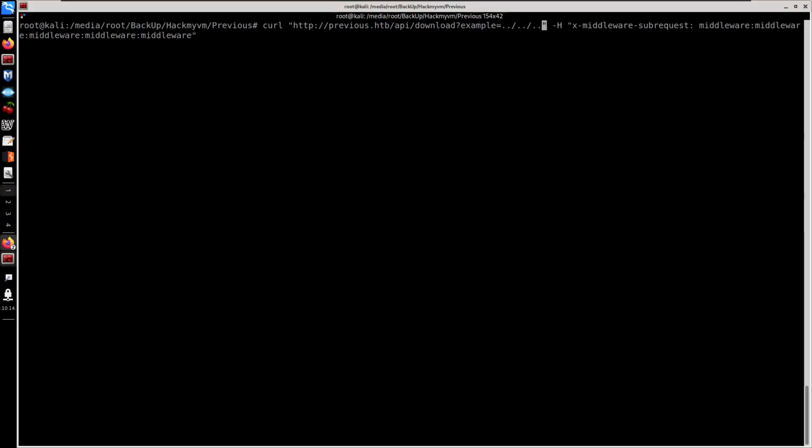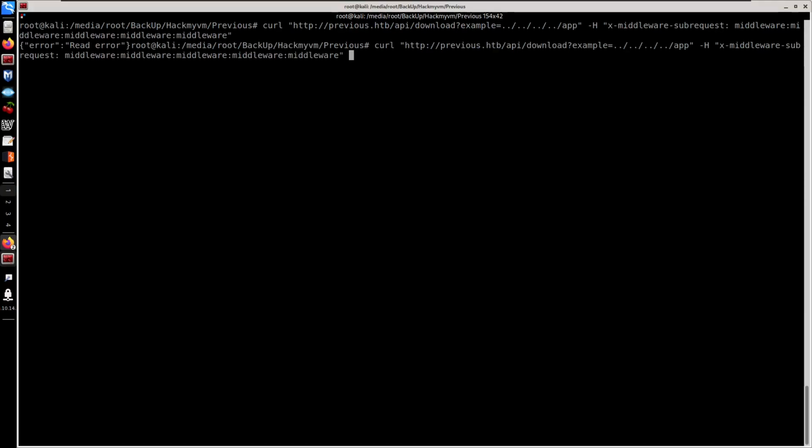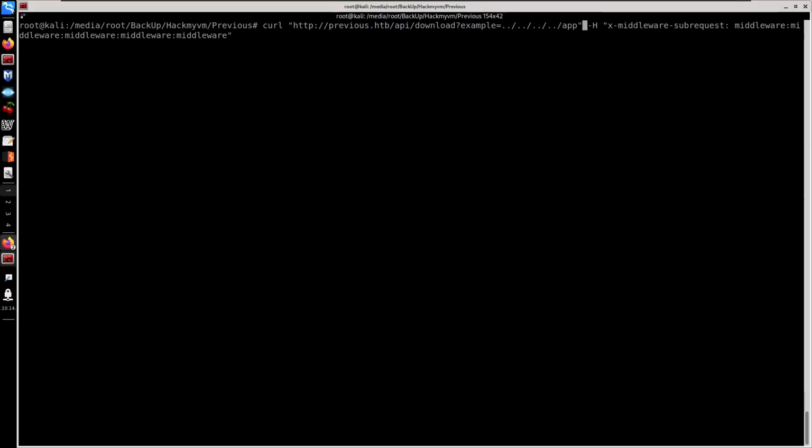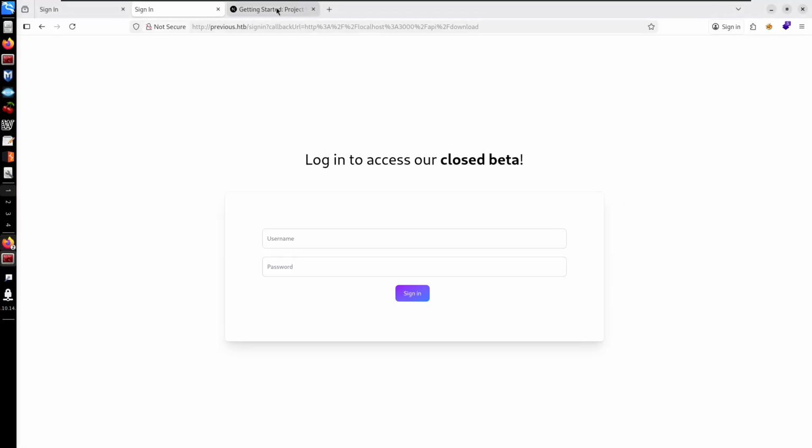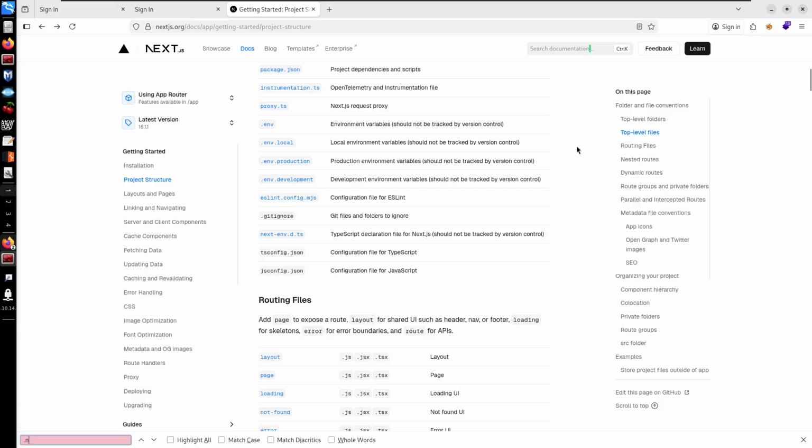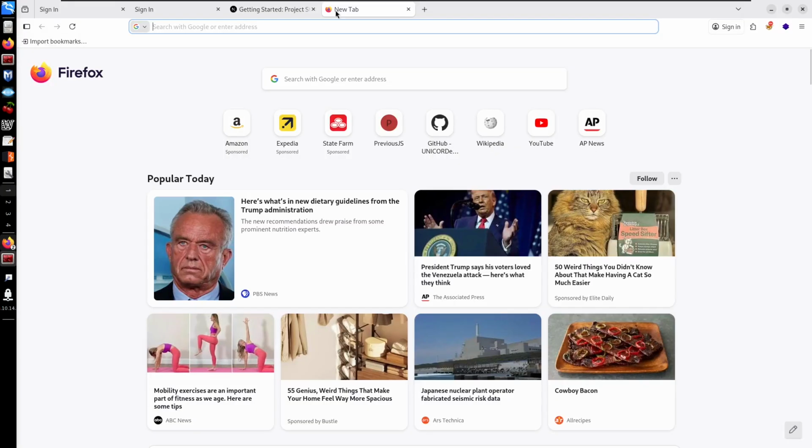Let's go back a couple directories. We can test this for app. This is root error, so that means that directory is valid on the back end, right? So now we have valid structure. Let's go back. I want to start by looking if we do have a .next file. This is going to be the main configuration for